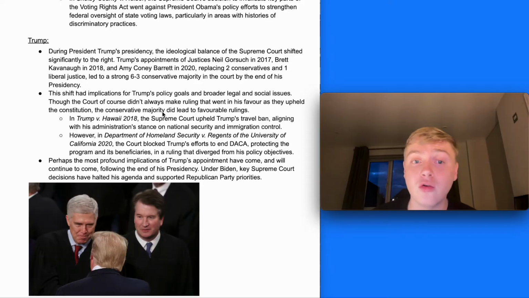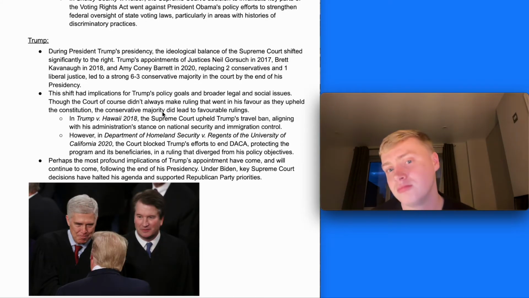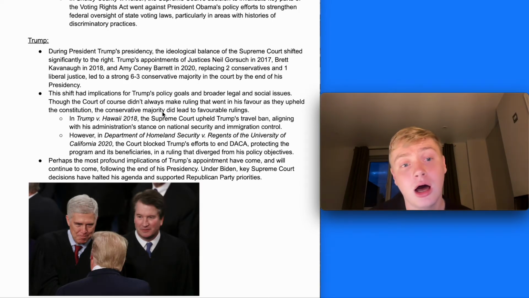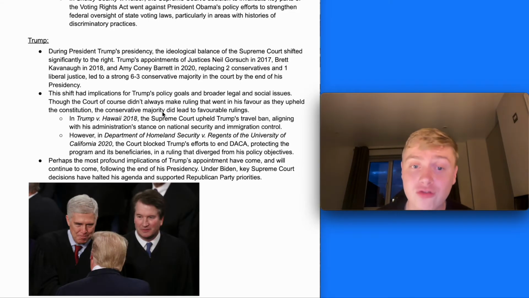And this had implications for his policy goals and for broader legal and social issues. The court, of course, didn't always make a ruling that went in his favour, as they were upholding the Constitution. They're ultimately not a political body. The conservative majority did lead to favourable rulings. In Trump versus Hawaii, it upheld Trump's travel ban. But on the other hand, in Department of Homeland Security versus Regents of the University of California, the court blocked Trump's efforts to end